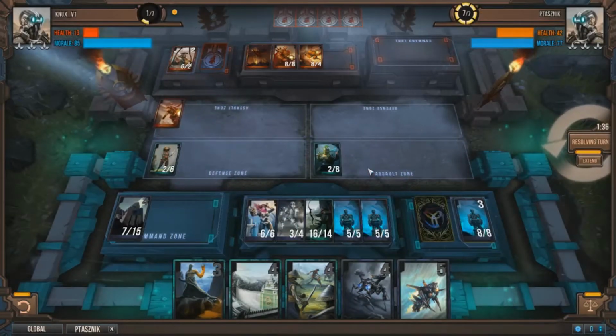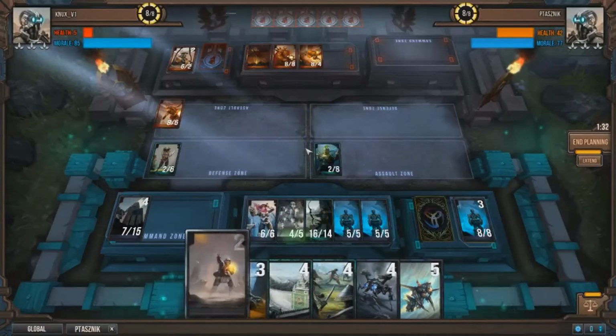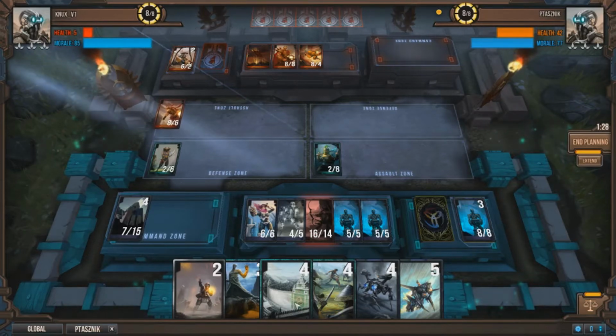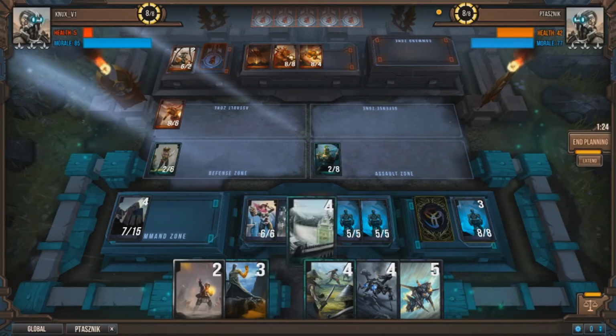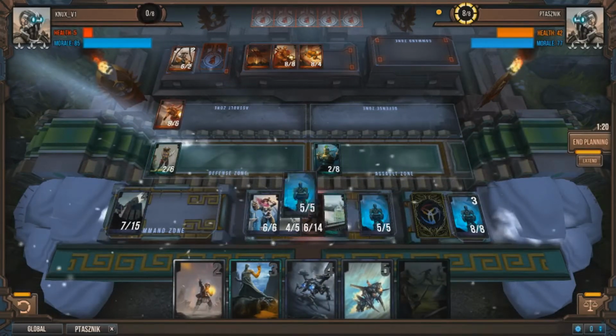Okay, I'm down to 5 health. I think I defended that pretty well. There's that firebolt again. Right, I want to do... Wall... Defenders...